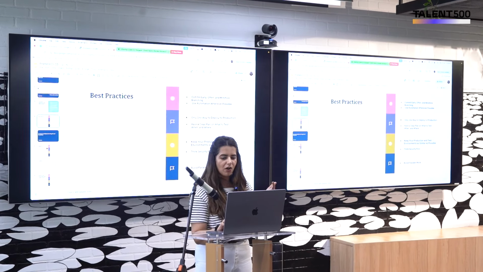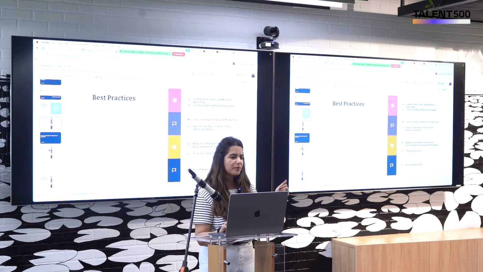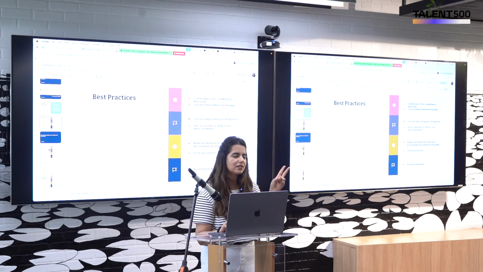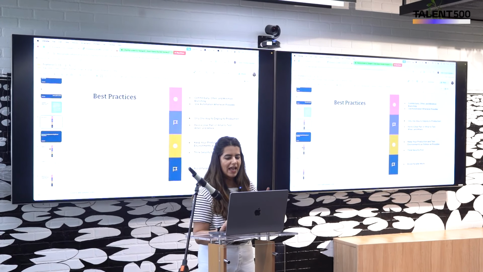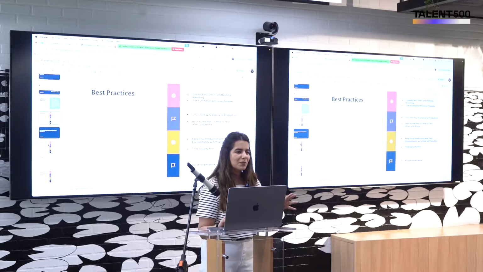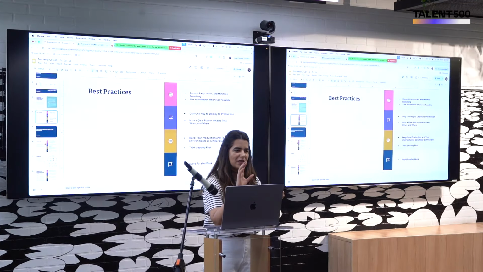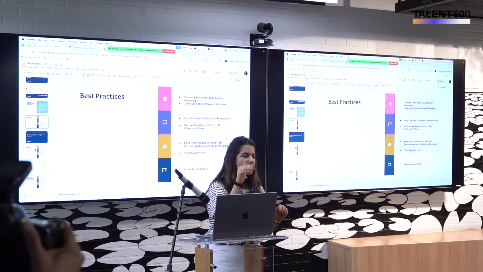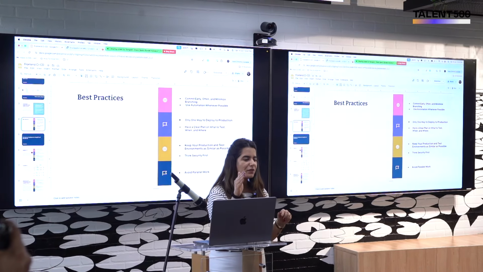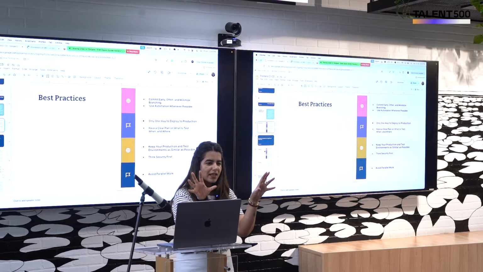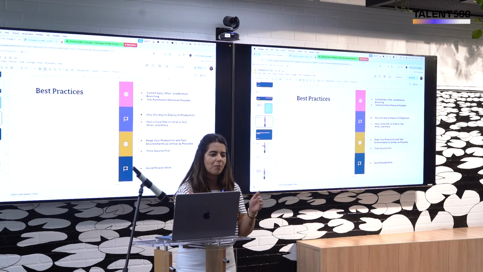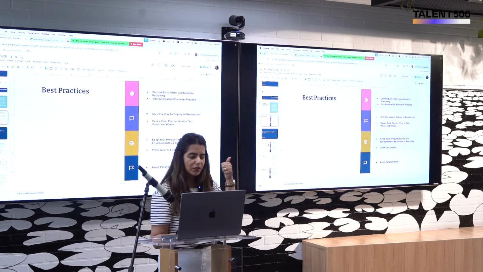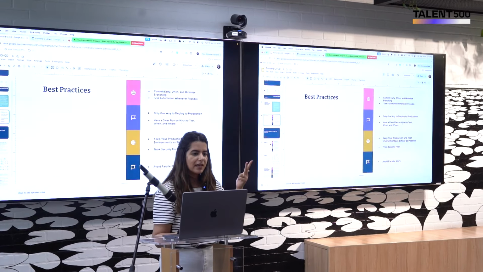So commit early, often, and minimize branching. Use automation wherever possible. As I mentioned, if you're doing unit testing, then do the end-to-end testing as well. And there should be only one way to deploy to production, which means that there should be one job defining it. There should be no other way through which you can put the code onto production, because if you do that, you will have two sources of truth and you will never know which one caused the problem. Have a clear plan to test, what to test, when and where, right?